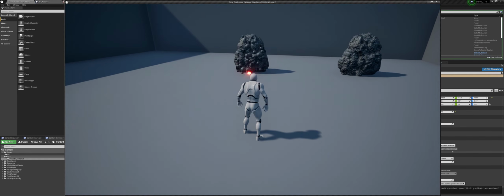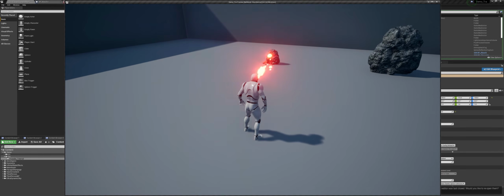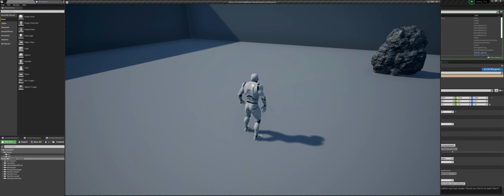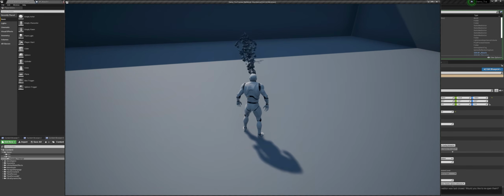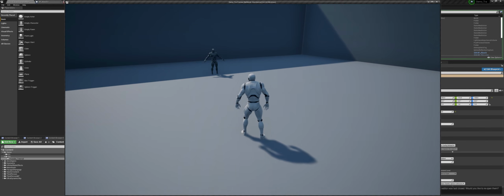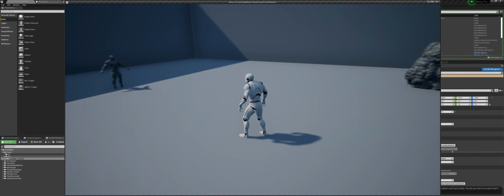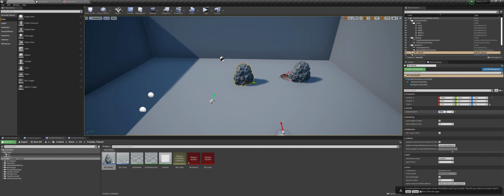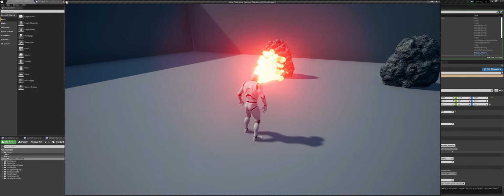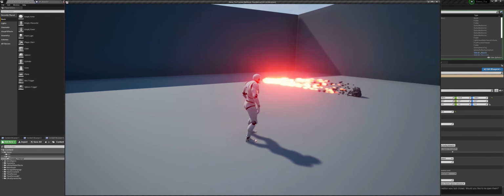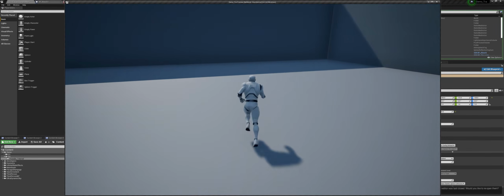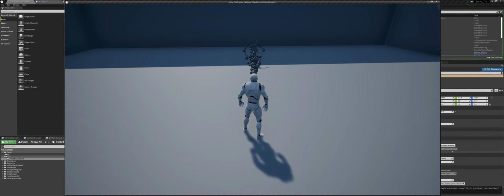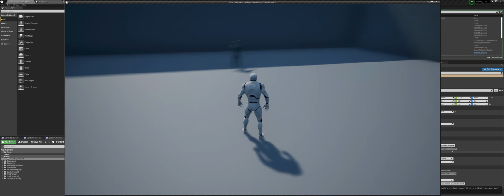if I press E, you can see it's coming out like this, and if I press E here, it kind of makes the character. So once again I will change this value to like 1000 or something like that, and if I press E, again absorb everything, and if I press E again, I can kind of conjure up the mesh.